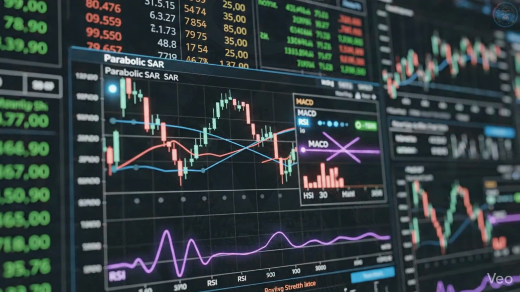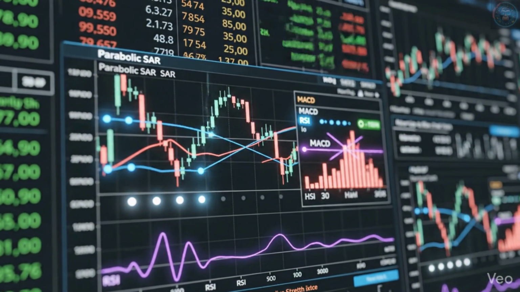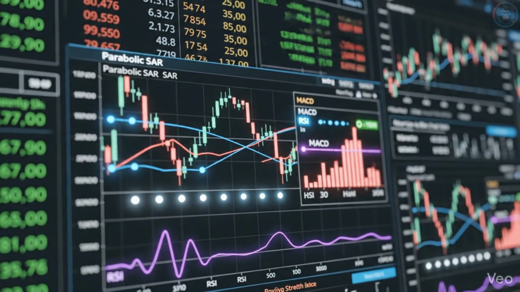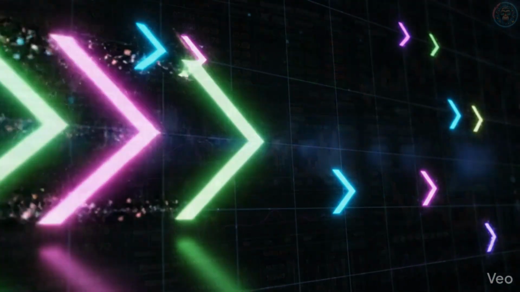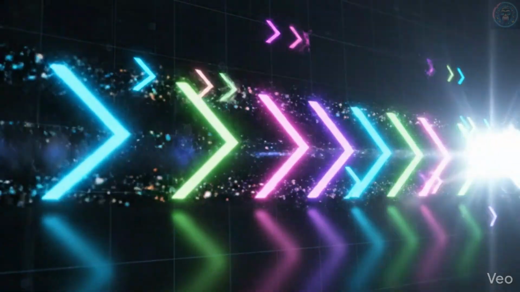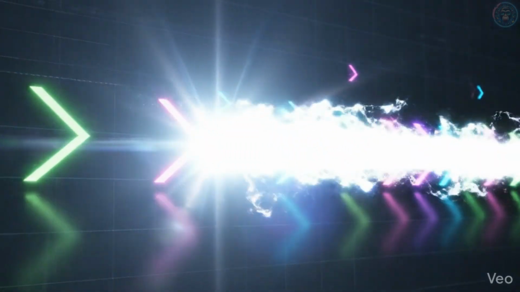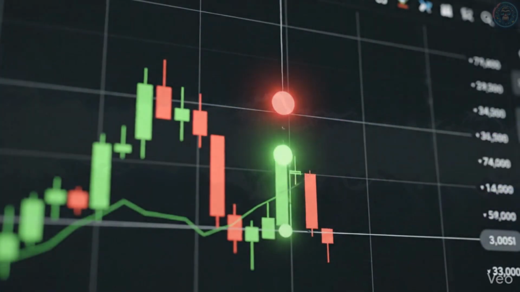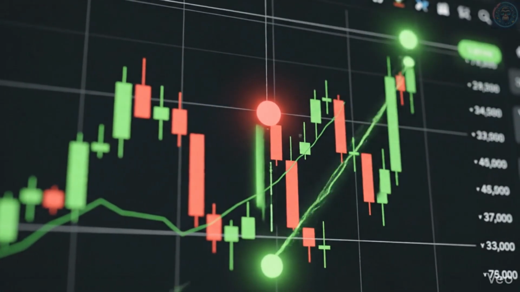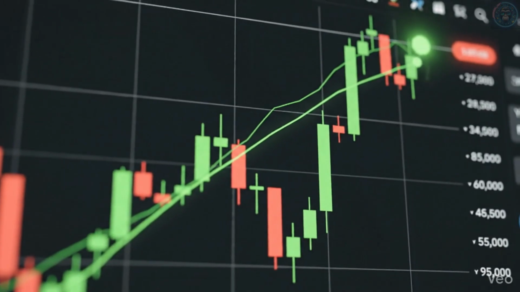To further increase your win rate, consider combining this dot flip strategy with other indicators like the Relative Strength Index, or MACD. When multiple technical tools point toward the same reversal, your confidence in executing that specific trade should be absolute. Let us look at a real chart example where the dots flipped, leading to a massive 500 pip move